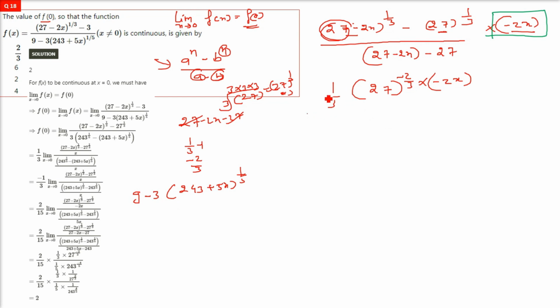So we are dealing with the denominator, and since we have 1 by 5 as the power, and we need something of the sort a^n minus b^n, I am taking 3 common here. We have 3 inside, 3 has already been taken. So only (243 plus 5x) raised to the power 1 by 5. Now we have b raised to the power n. Now this also we have to make something. So what is the